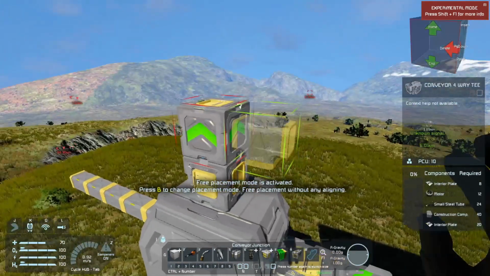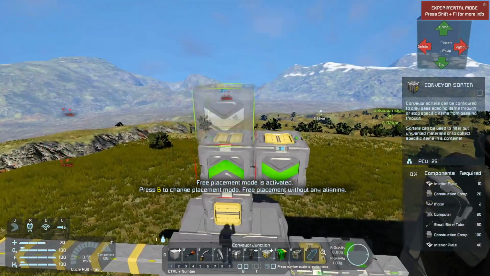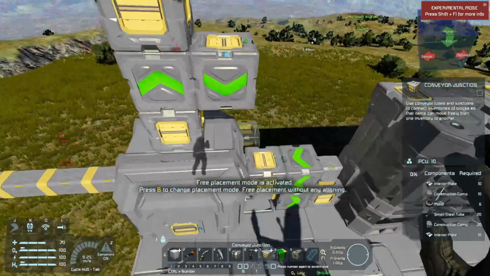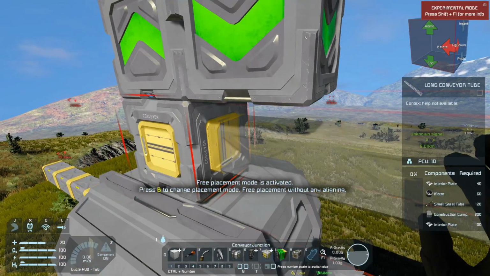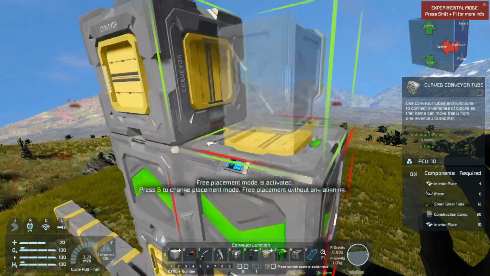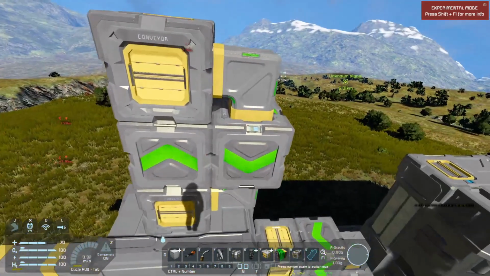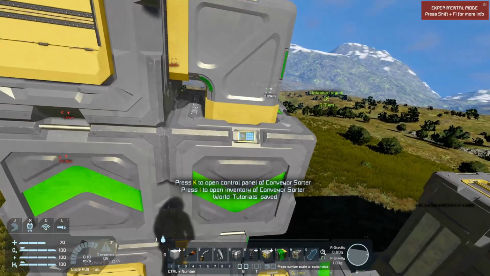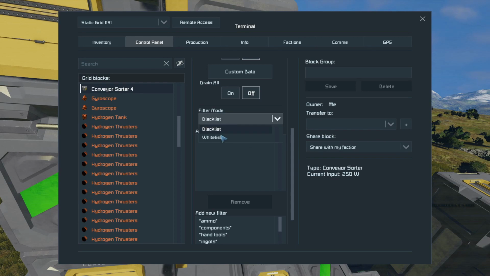We'll put the sorter that feeds in right here. Same sort of deal in the conveyor junction, and then you just want to put your elbow there, and then it's going to be the same sort of setup, except this time in this one you're going to have it set to whitelist,